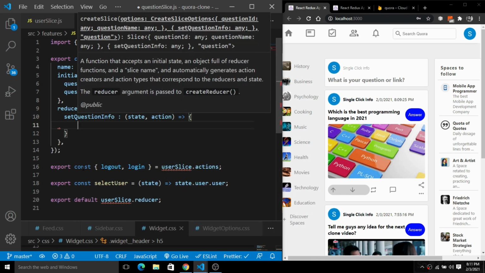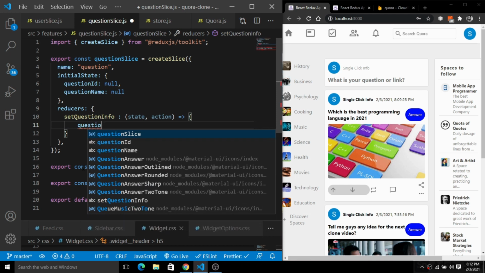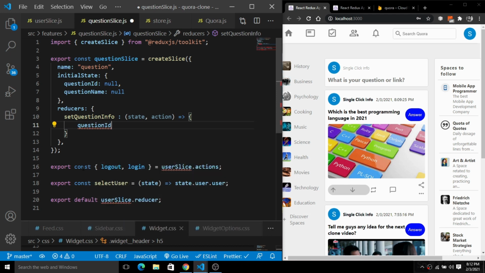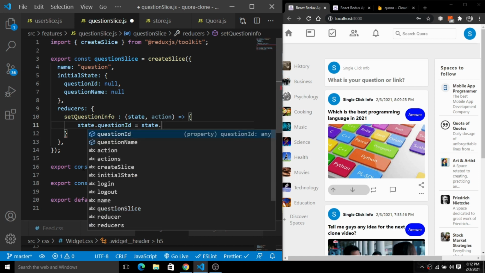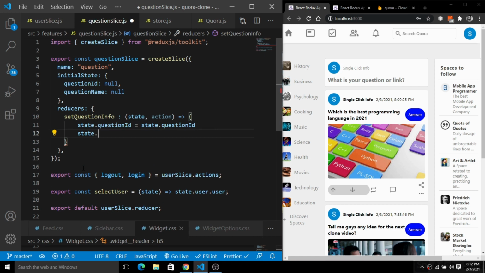Okay, so we have this setQuestionInfo here, but inside of this I'm going to simply set the question ID. Okay, so we have this question ID. So for the question ID, we will simply set the state here. So we have state.questionId is equal to action.payload.questionId. Okay, just like this. Next we have this state.questionName.